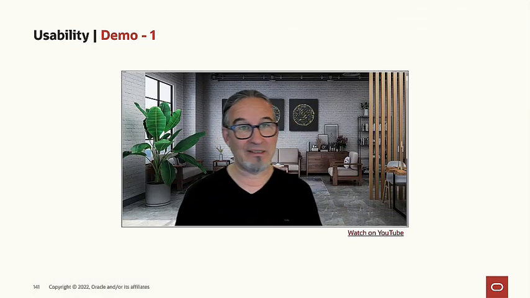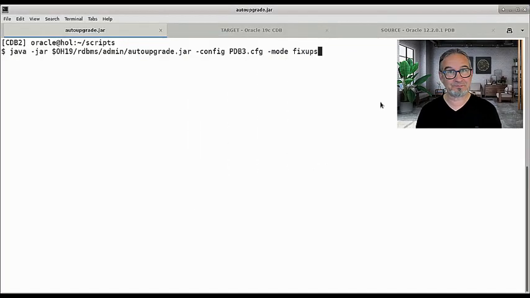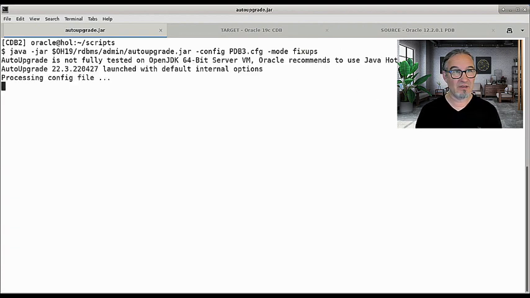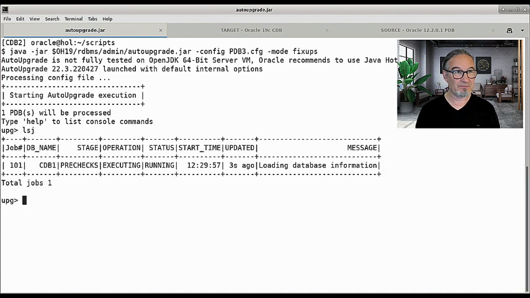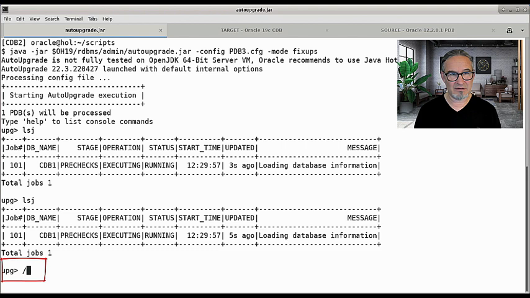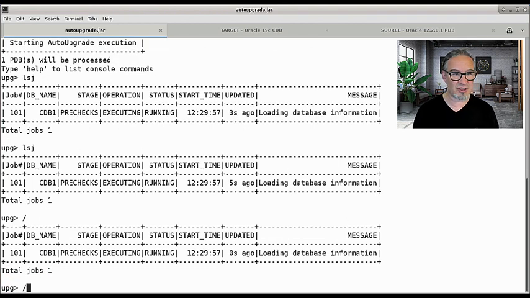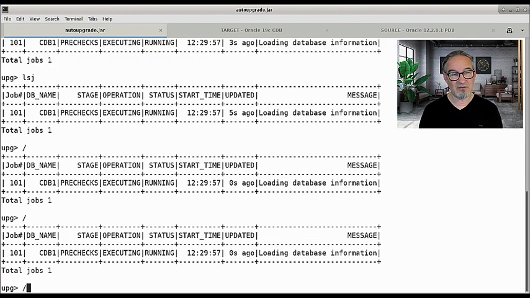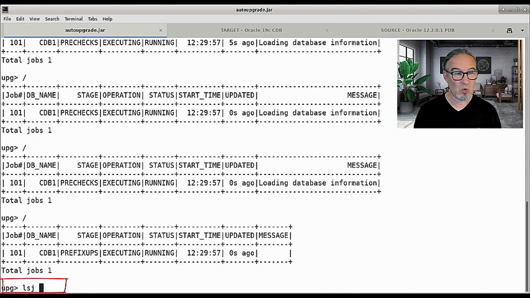Now let me show you a quick demo here. So what do we do here in this demo? We do an AutoUpgrade with fix-ups. So I kick off my fix-ups and LSJ, I can do that, but I can also use a slash, as I showed you before, slash repeating that, or